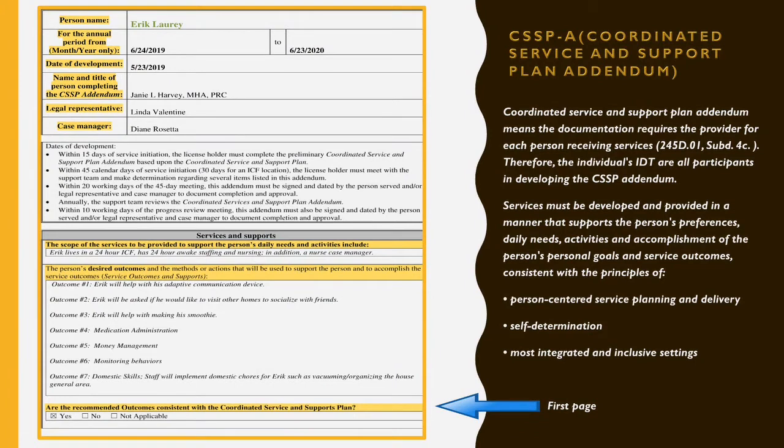Next, we have the CSSP Addendum, which is also known as the Coordinated Service and Support Plan Addendum. The Coordinated Service and Support Plan Addendum means the document required of the provider for each person receiving services. Therefore, the individual's IDT are all participants in developing a CSSP Addendum. The scope of service and the responsibilities assigned to the provider in the CSSP or the CSSP Addendum includes